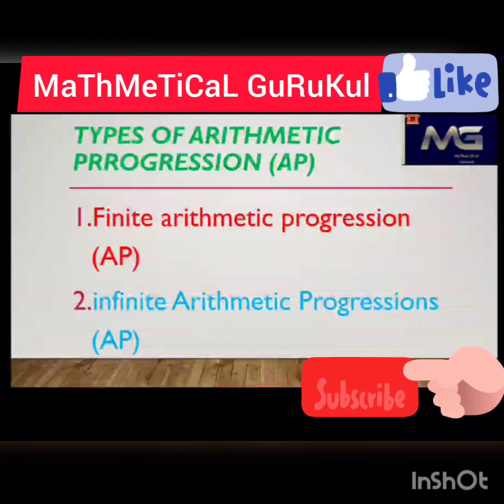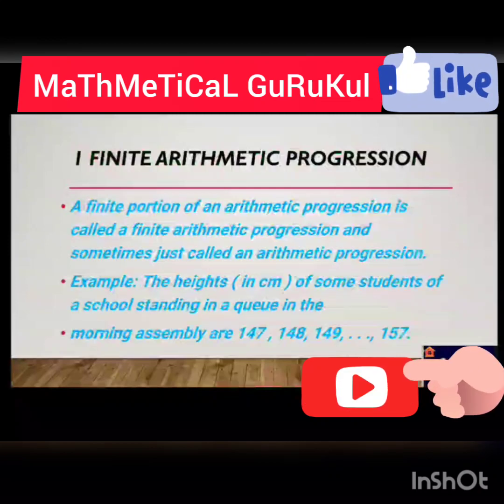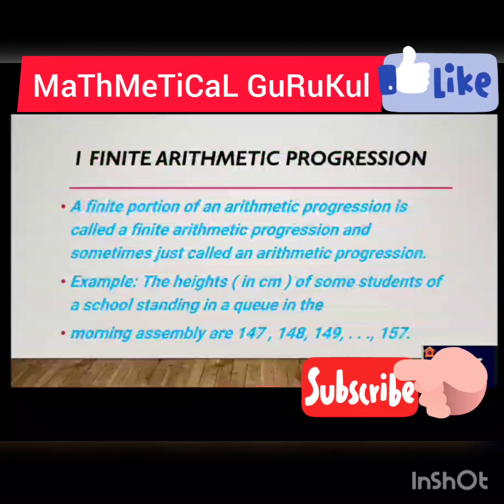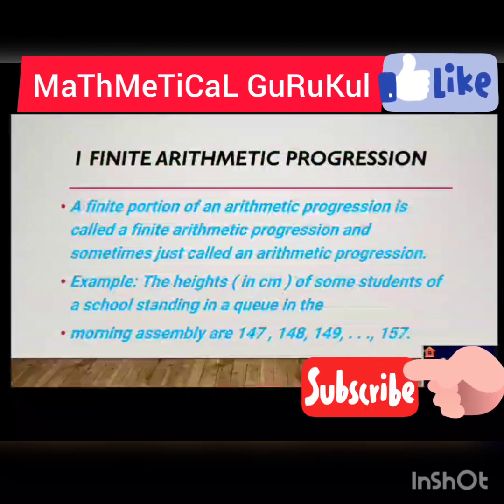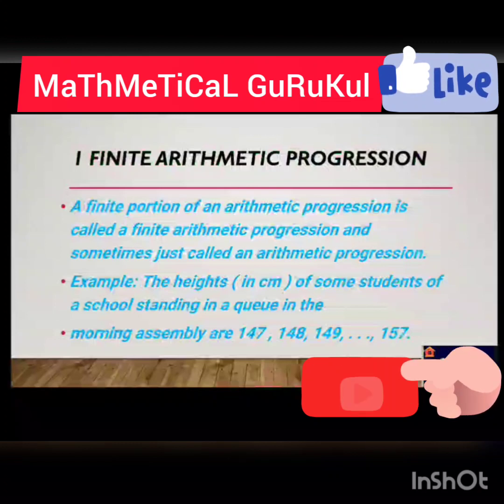Types of arithmetic progression. Here there are two types of arithmetic progression: finite arithmetic progression and infinite arithmetic progression. So what is a finite arithmetic progression? A finite portion of an arithmetic progression is called a finite arithmetic progression, and sometimes just called an arithmetic progression. Example: the heights of some students of a school standing in a queue: 147, 148, 149,